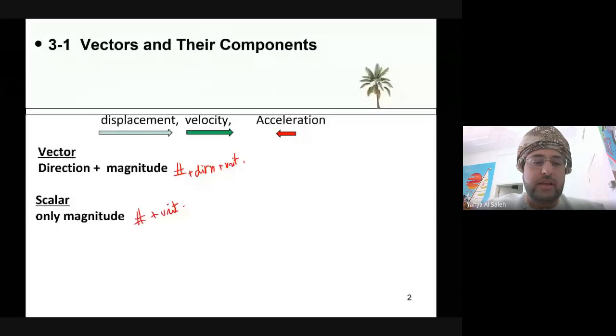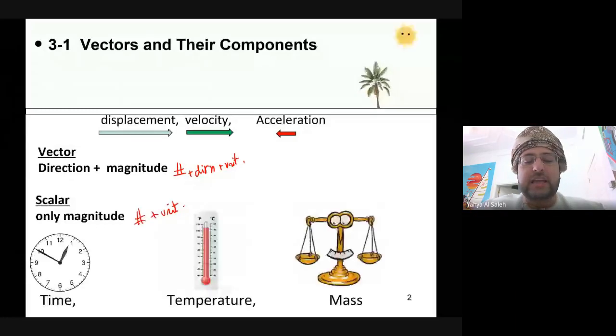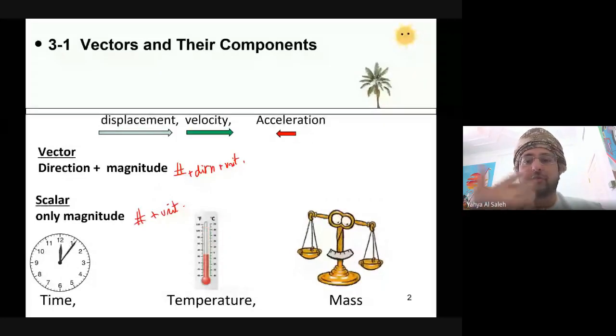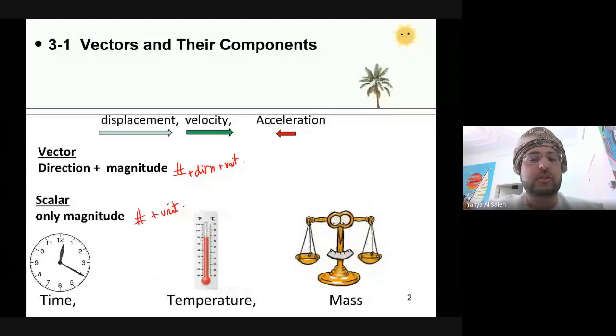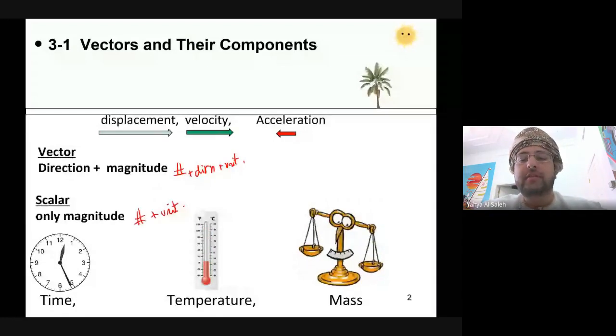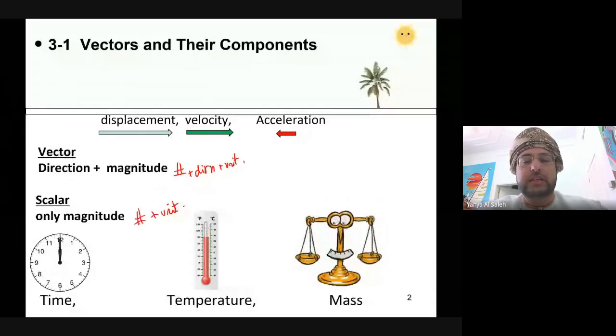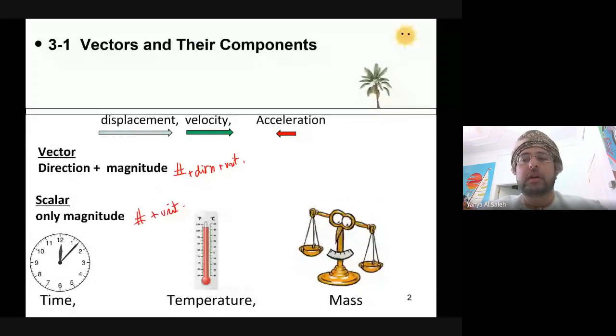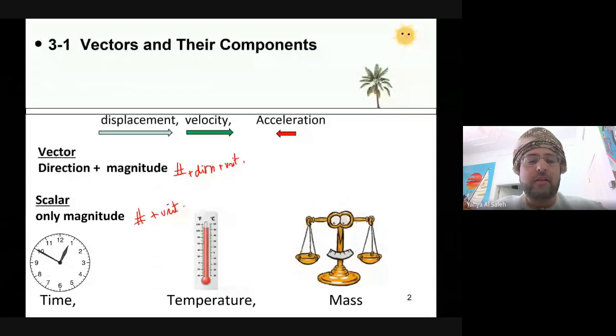Now, things like time, temperature, mass, these are all scalars. You give a number and a unit and no one's going to ask you more questions because you have answered the full question, okay? But other things like velocity, momentum, acceleration, these things require a direction, and we have already